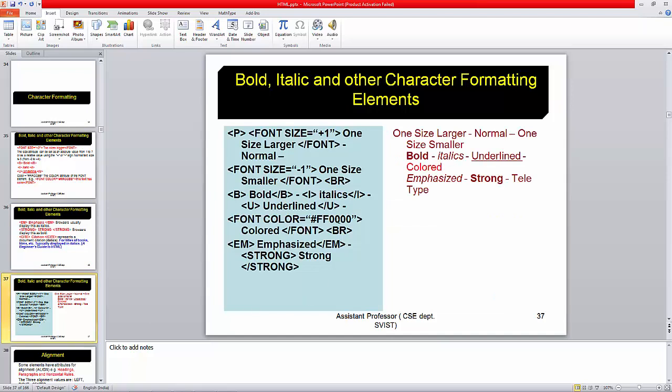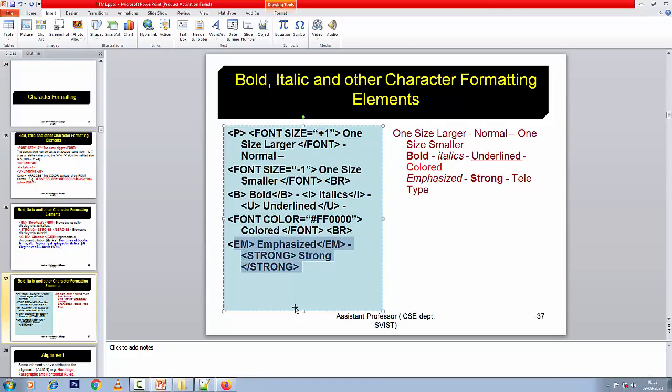So now one of the examples is that here one paragraph has been written. Within the paragraph we have applied the font size +1, and all these things have been given. Underline has been shown, italic has been shown, and then the color has been shown. Font color we can change. Even if it is written in the document, that means in the body part, whatever text color has been given, it can be changed here individually. And strong, emphasis, we can put these things here.